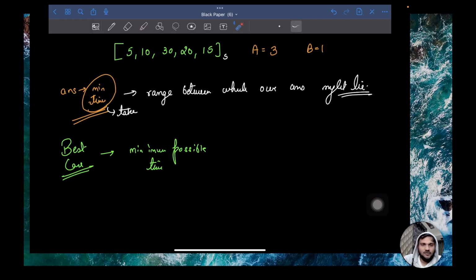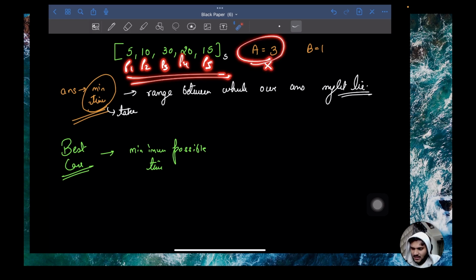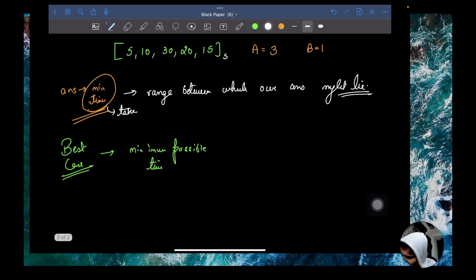We are never going to allocate two boards to a painter. We are parallelly deploying every painter everywhere, right? This will be the case where the time consumed will be minimum. Although we don't have 5 painters here, the best case would have been that we have 5 painters. It's a 5 length array. Every painter paints parallelly. Then the minimum possible time taken would have been